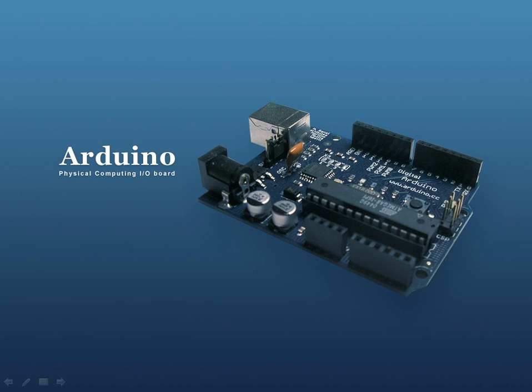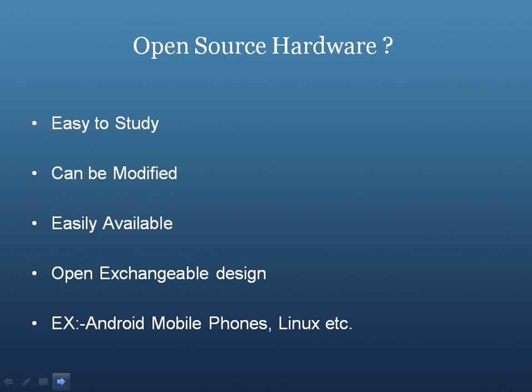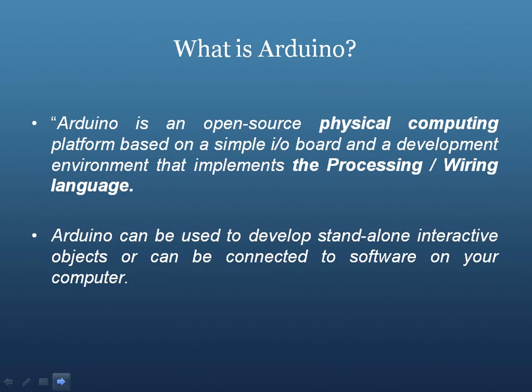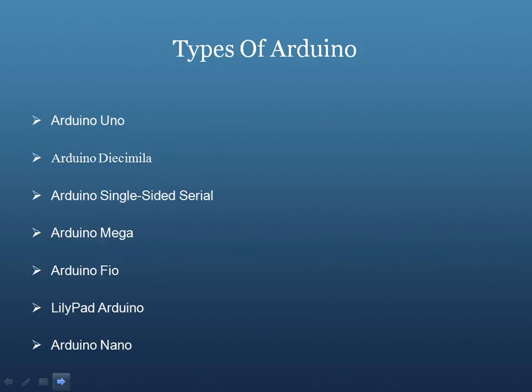So Arduino is an open source physical computing platform. So what is open source? Open source means anything which can be easily studied, easily modified, and is easily available, like Linux, Windows Phone, and Android phones. So types of Arduino boards: Arduino Uno, Arduino Decimila, Arduino single-sided serial, Arduino Mega, Arduino Fio,